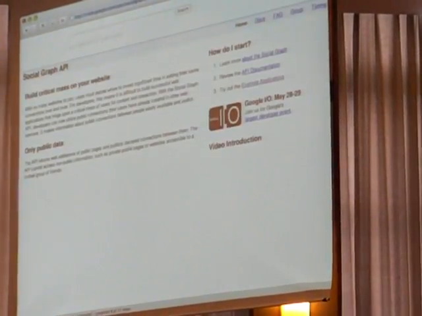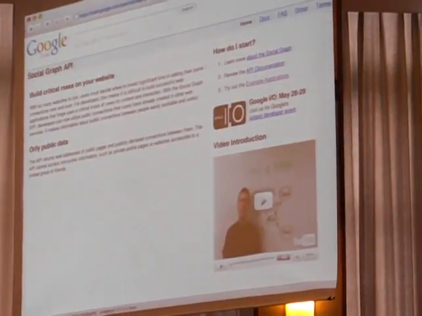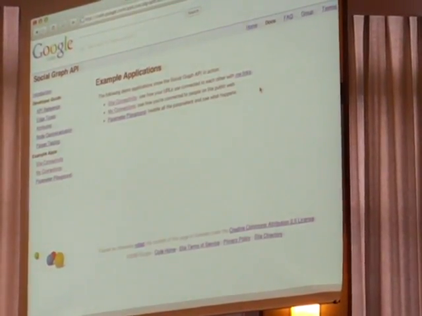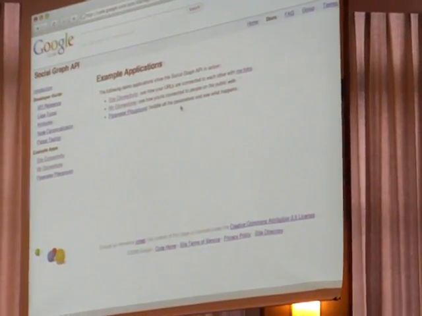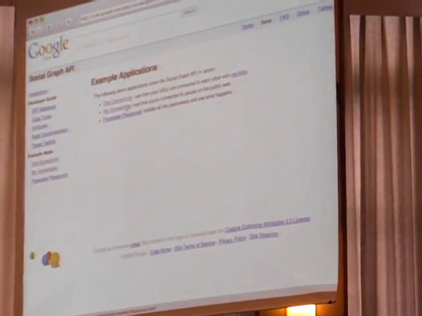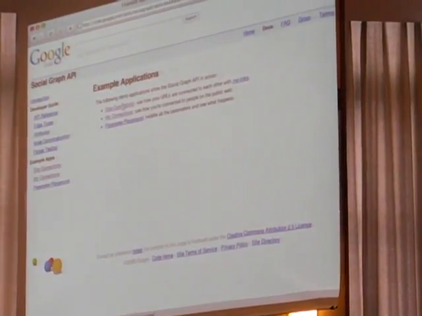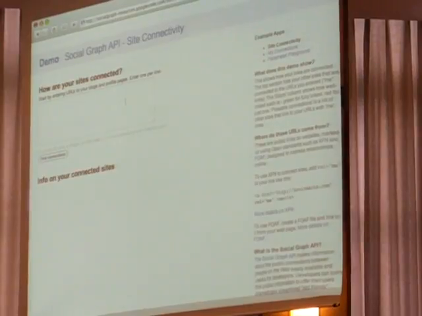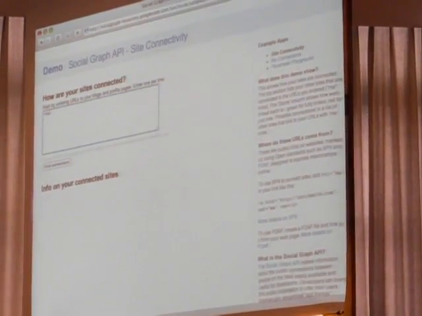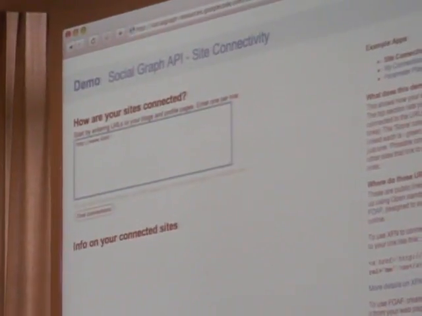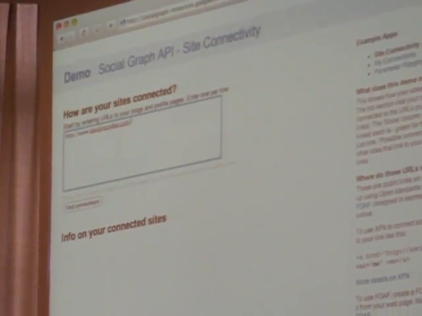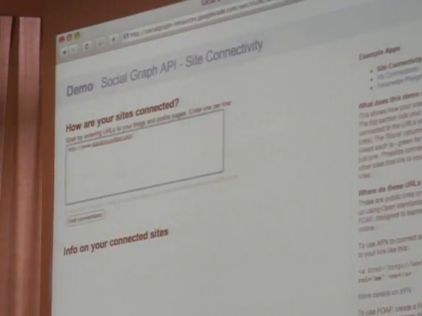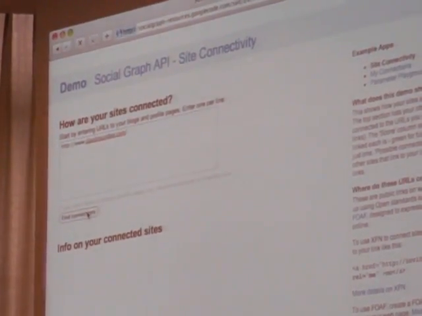code.google.com/apis/socialgraph. I'll show you one of the example applications right there. This was created by Brad Fitzpatrick, who also created OpenID. So what I'm able to do is start out right here and put in my URL, which, if you remember, I showed you uses XFN to link to my other profiles on the web. So what happens when I hit Find Connections